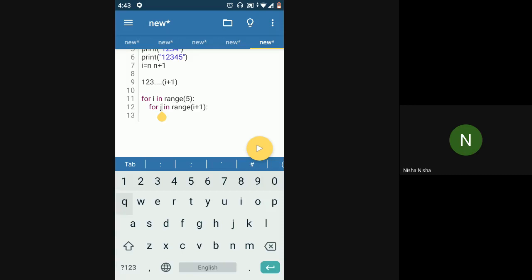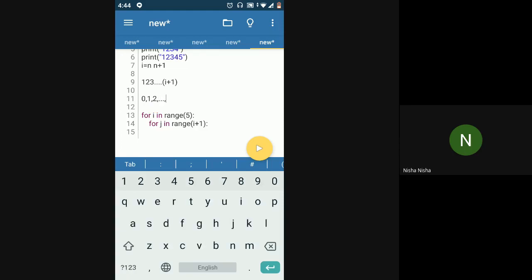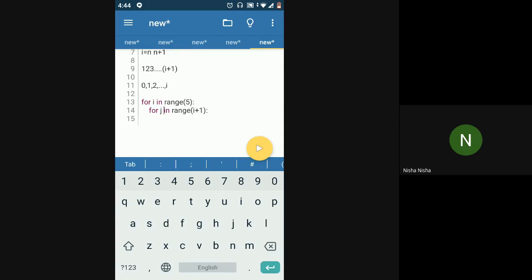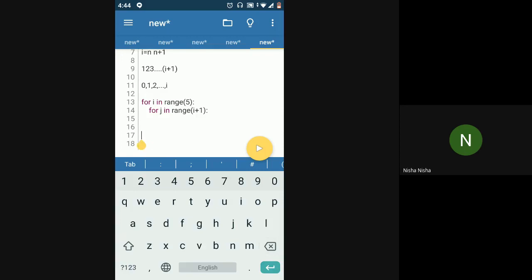Internally this j variable will go from 0, 1, 2 till i. In this case j will have values 0, 1, 2, 3, 4, depending on the iteration. If i plus 1 is 2, then my loop will become for j in range 2.